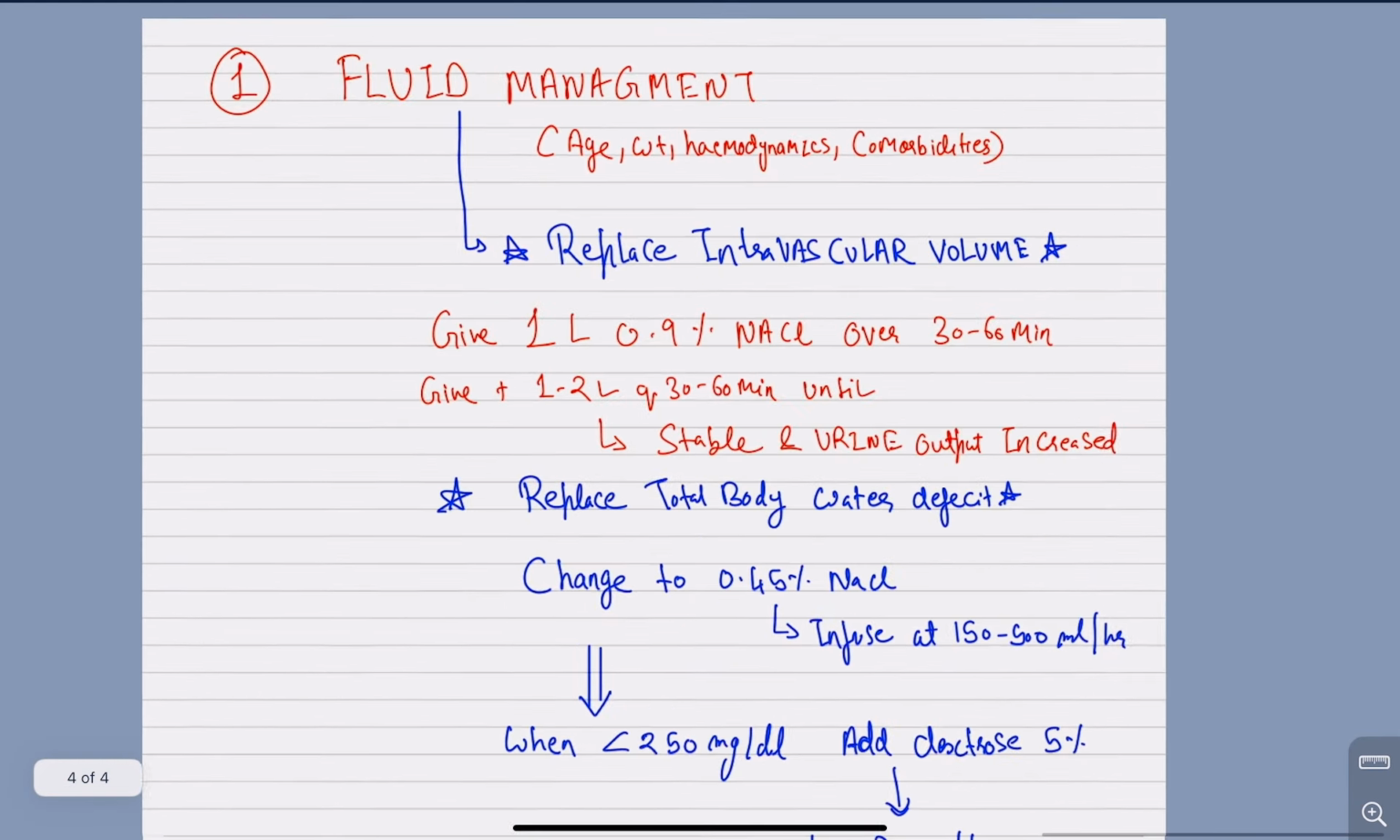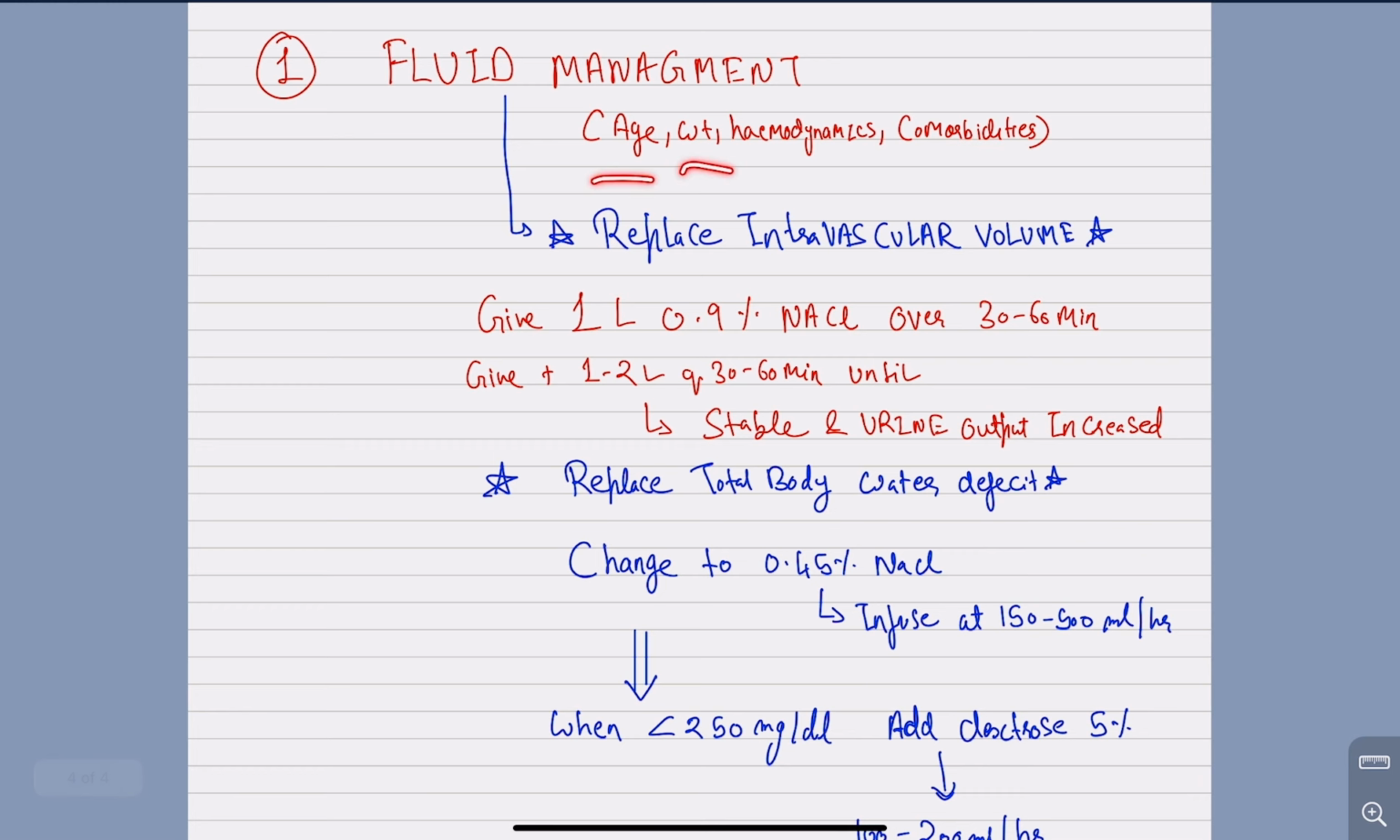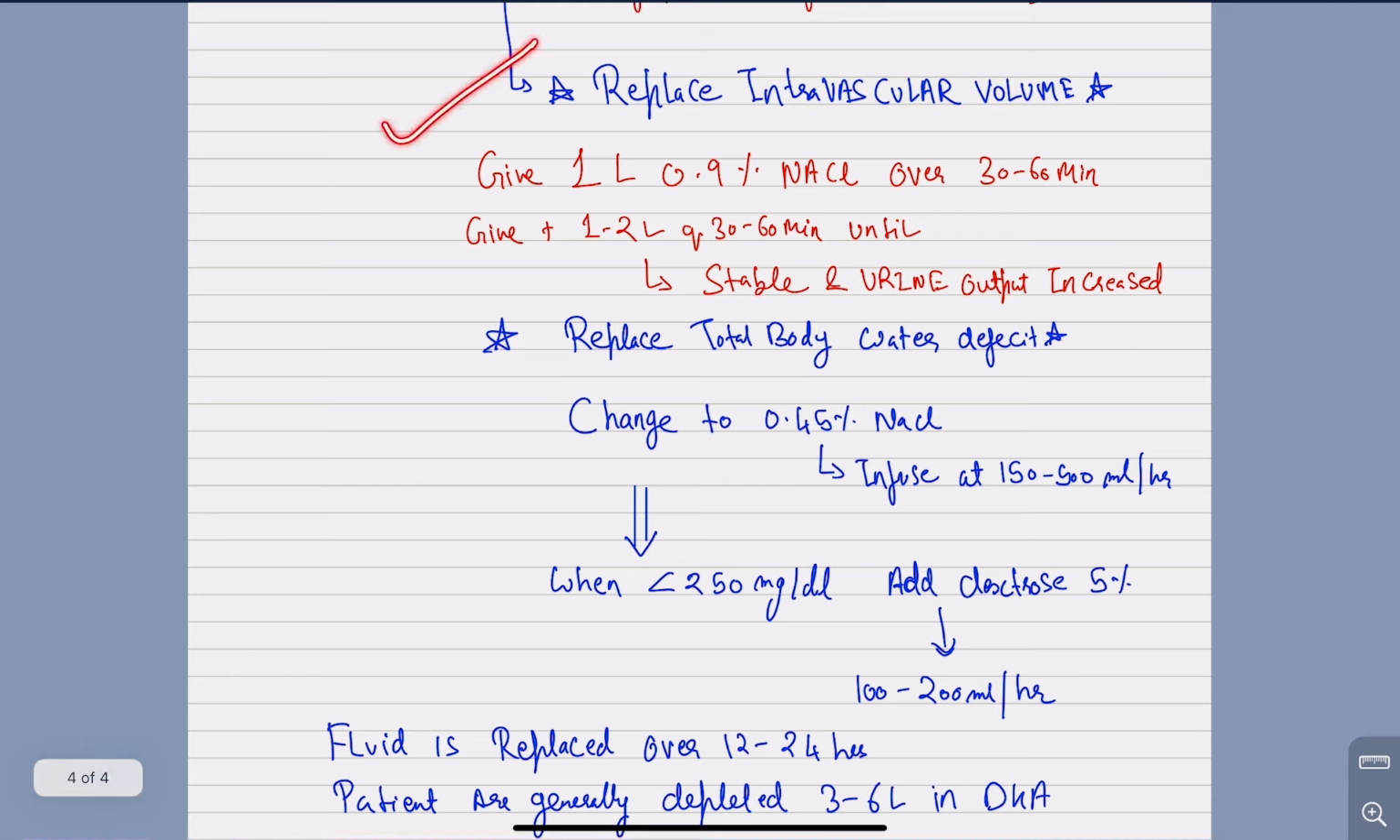Fluid management depends on the age, weight, hemodynamics of the patient, or comorbidities. First of all, we know that it is an intravascular volume